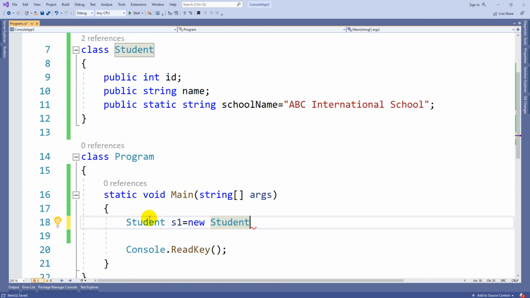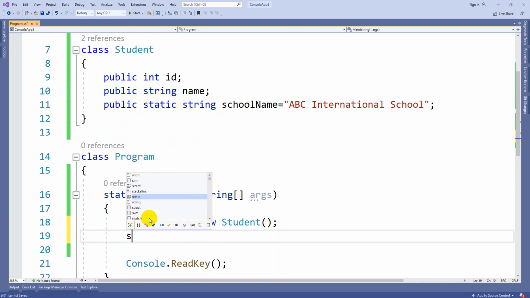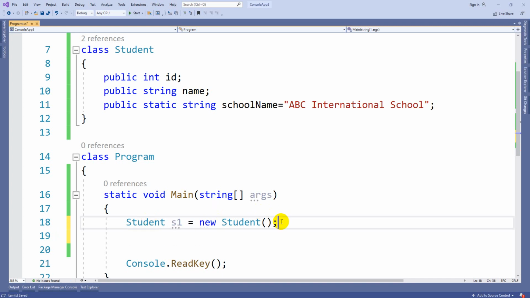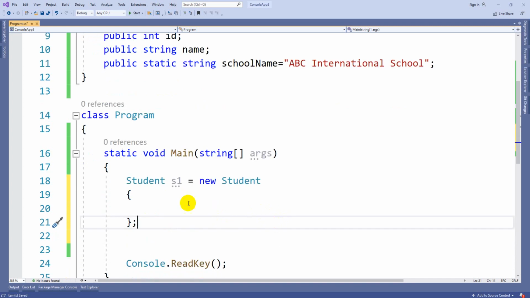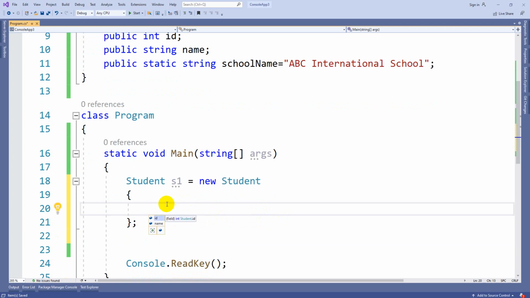Guys, in the previous video, while creating an object to pass the values, I showed you one example where you can pass s1.id is equal to, s2.id is equal to. Instead of that, you can also do one thing. You can write it like this with a semicolon, and pass the attribute values: id is equal to 101, name is equal to John, something like this.